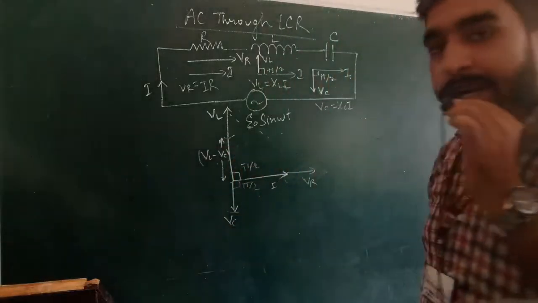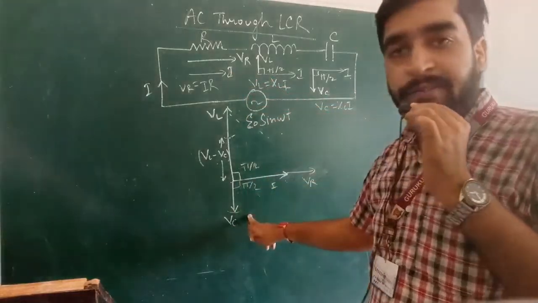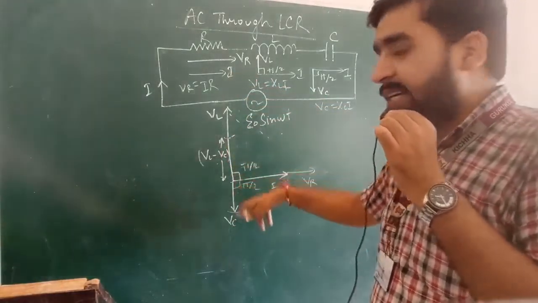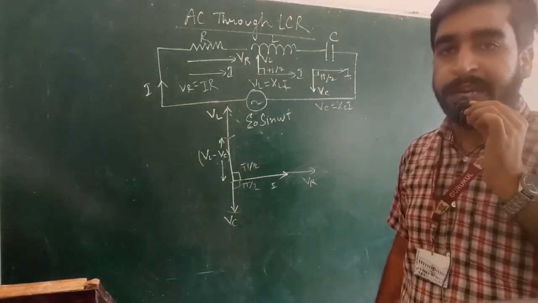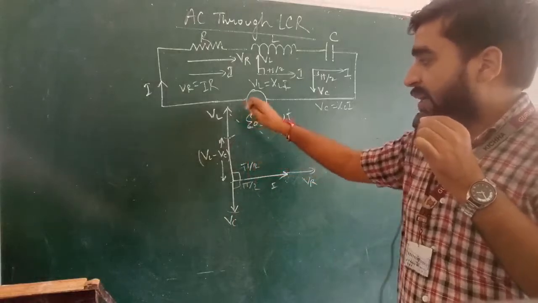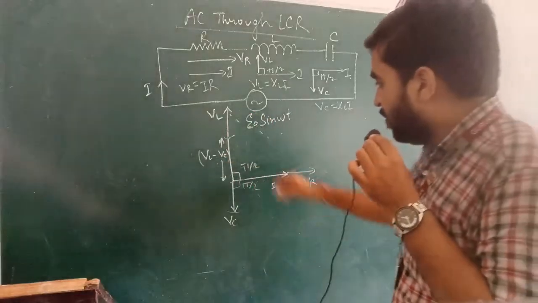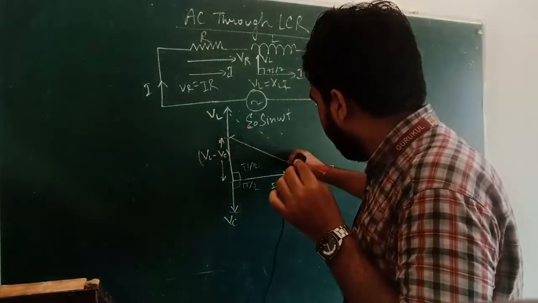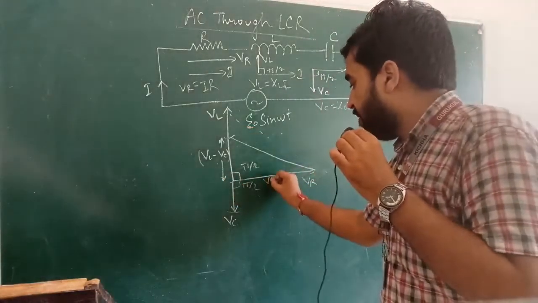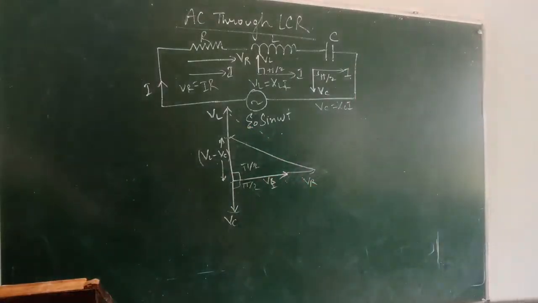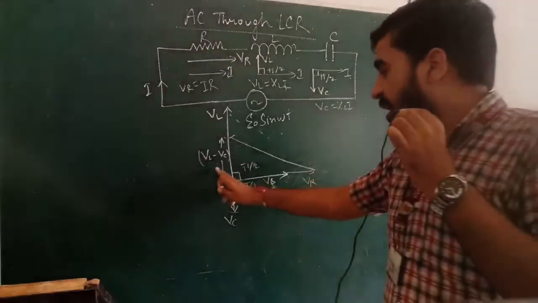I can repeat what I have said. VL here is in the positive direction, VC in the negative. So VL minus VC is the resultant of these two. What should we do? One is in the negative, one in the positive direction, so we should subtract. Equal magnitude I have taken in the positive direction, and that I have shown subtracted. So this is VL minus VC, this is VR. This is the resultant of this circuit, and this will be the total voltage.